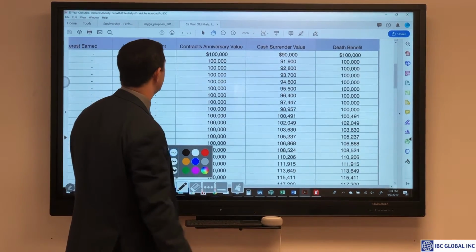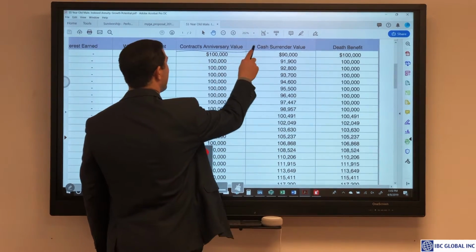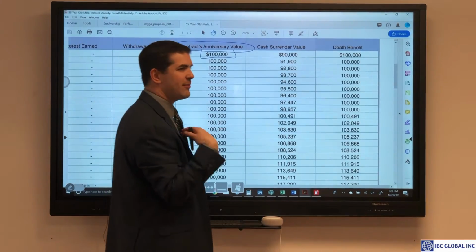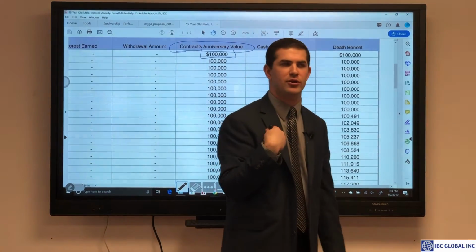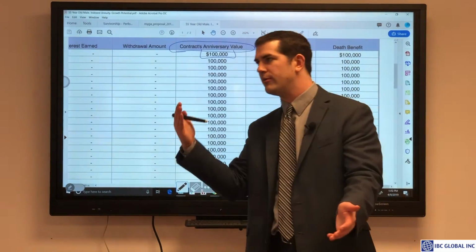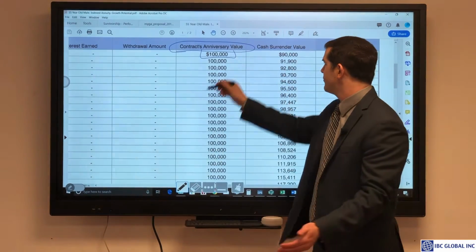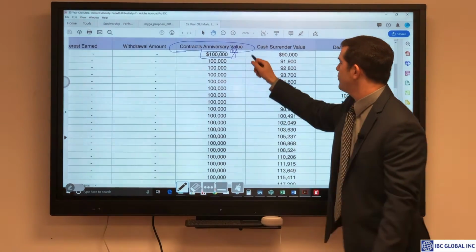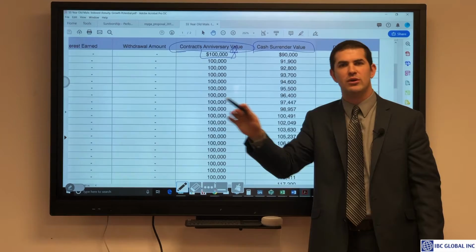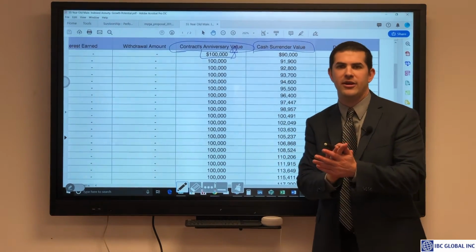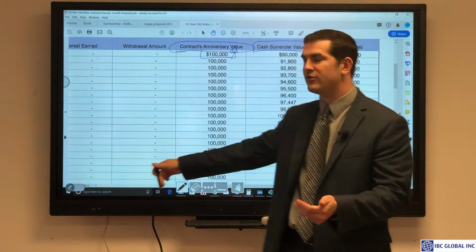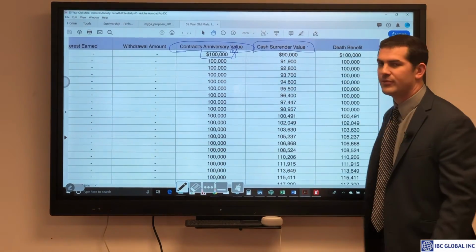So here is our contract anniversary value. Meaning when I get a statement on my account value, they're going to show here's how much you've earned via the guarantee or the market projection, my anniversary value, but then here's my cash surrender value. That's the important column we want to look at. If I want to access money, if I want to cash it out, if I want to transfer it somewhere else, I get this.